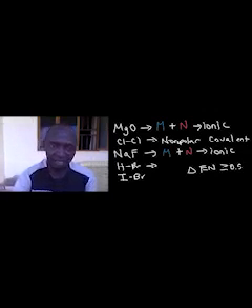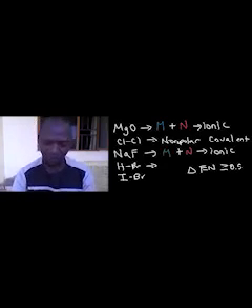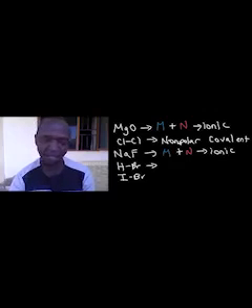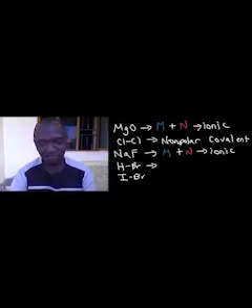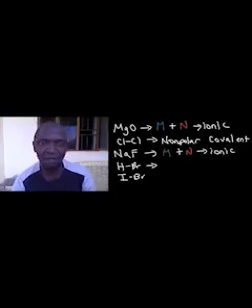For hydrogen bromide, to get that 0.7, the hydrogen is 2.1 and the bromine is 2.8, so when you subtract, the difference is going to be 0.7. So that is how you get it. You can do the same thing also for hydrogen iodide: the iodine is 2.5 and the bromine is 2.8. When you subtract, you get